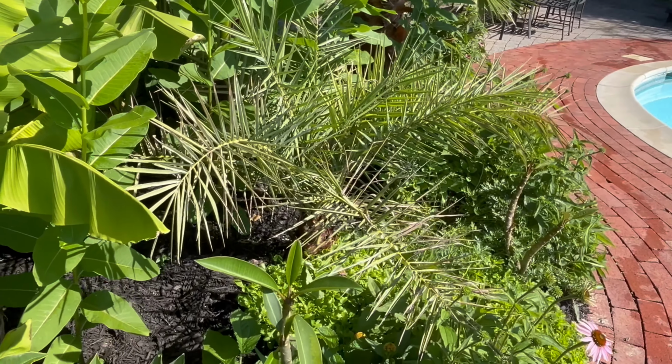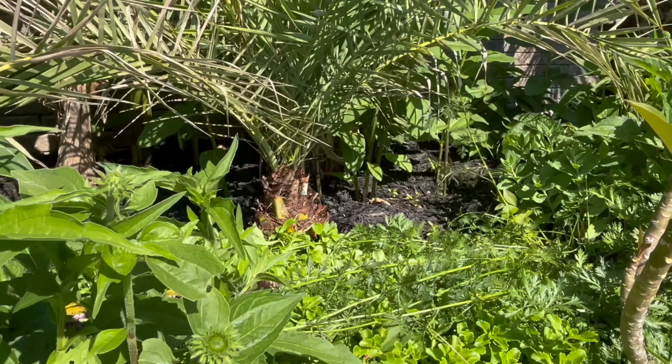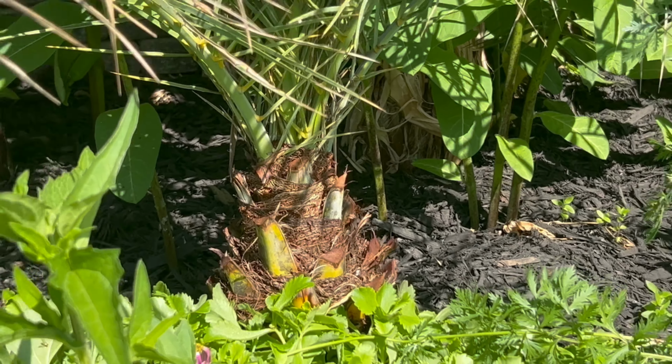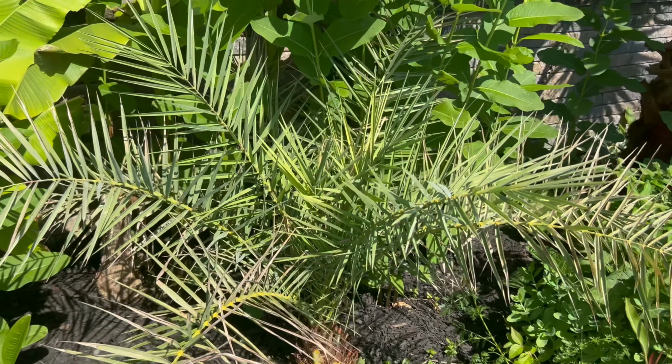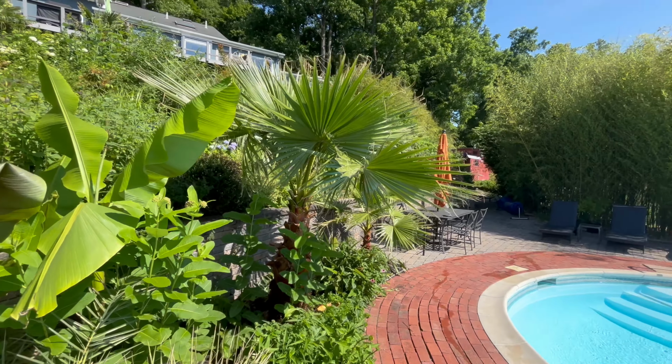This is my Sylvester date palm. It's doing great. It's got a little bit of a trunk too. I'm ready for it to take off. Like I said, the date palms are really easy to overwinter. This is my